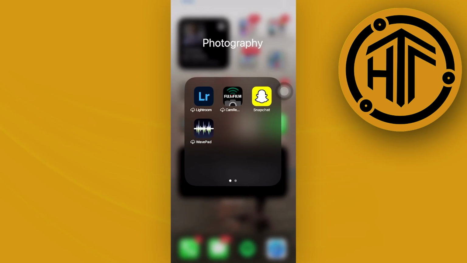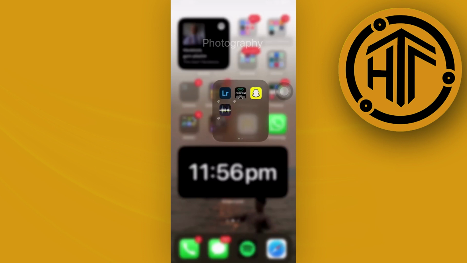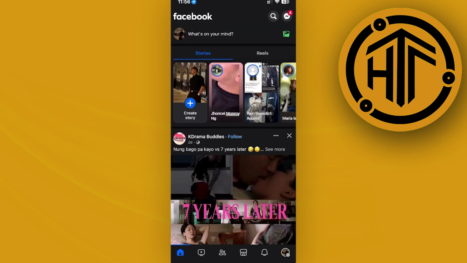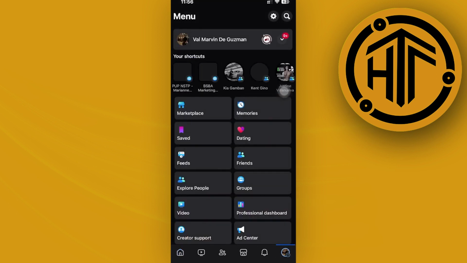Hey guys, today let's learn how to change our username on Facebook without waiting 60 days. So if you guys are wondering how to change your username on the Facebook application and also not wait for 60 days to change it again, you can easily do this by tapping on